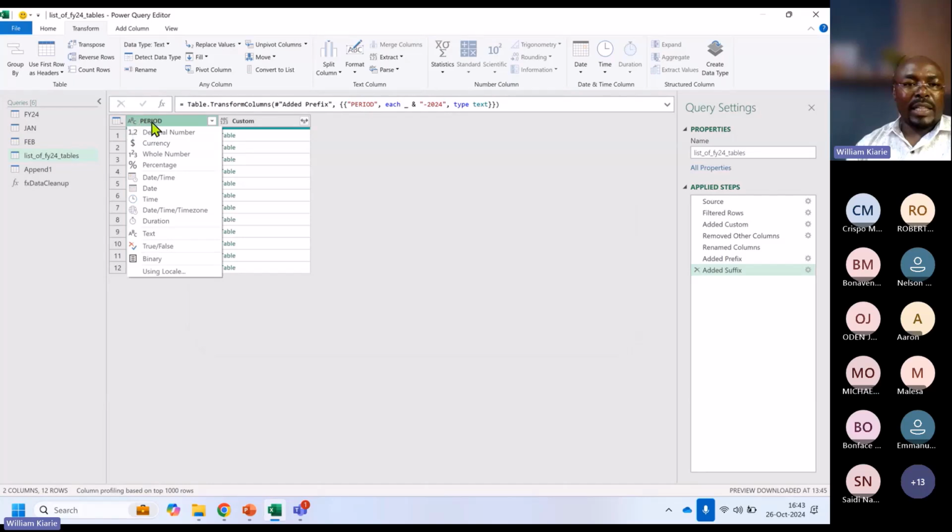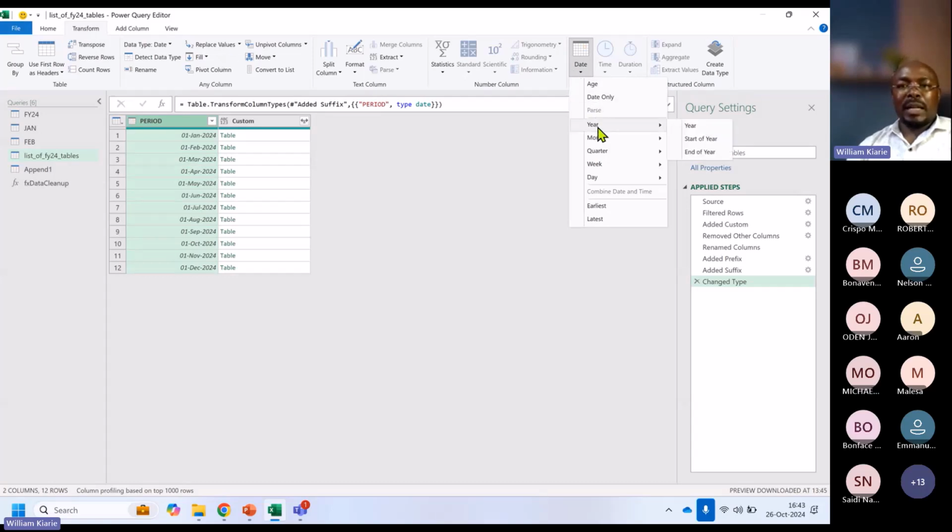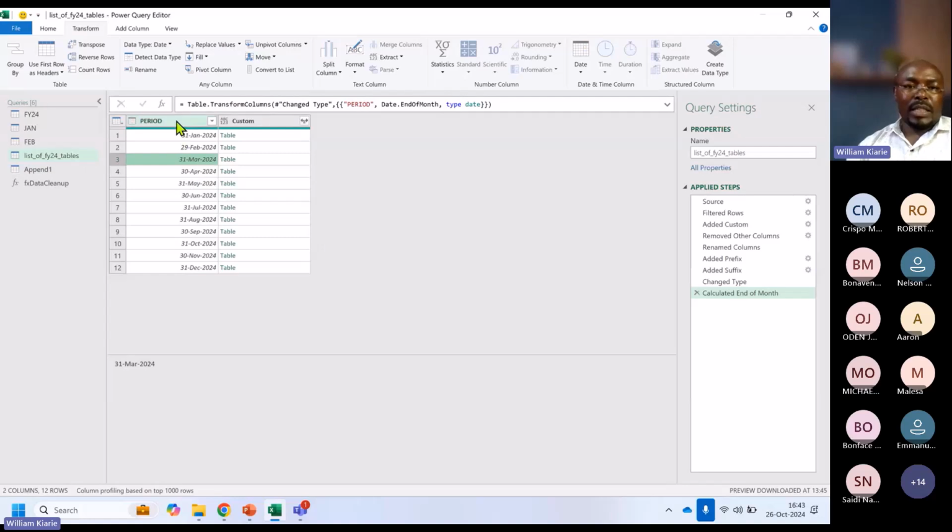If I click on the header where it's written ABC, I can force this one to be a date now. So it will give me this period as first of every month. And again, just like before, we can go to transform tab and make this one from the date calendar month. We choose end of month so that it comes with that. Now,